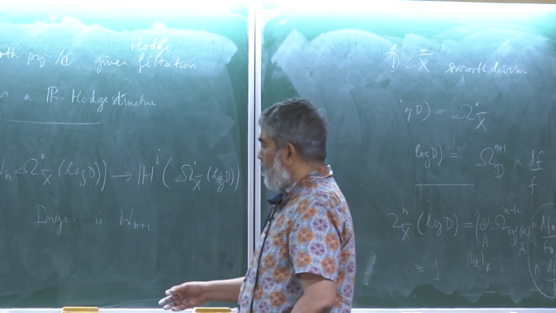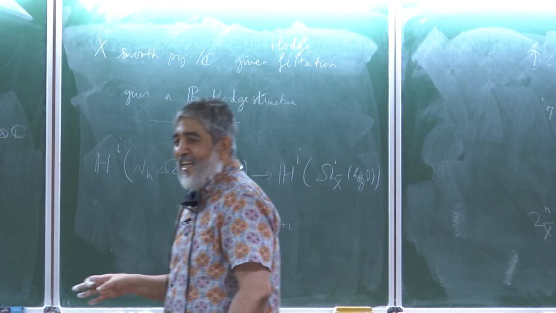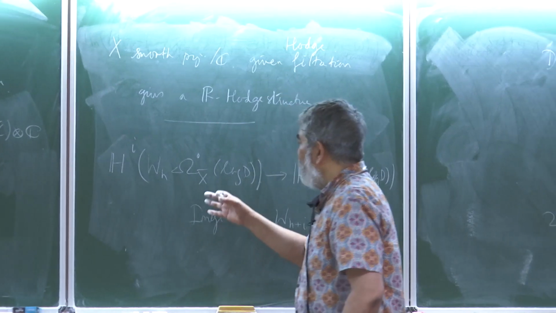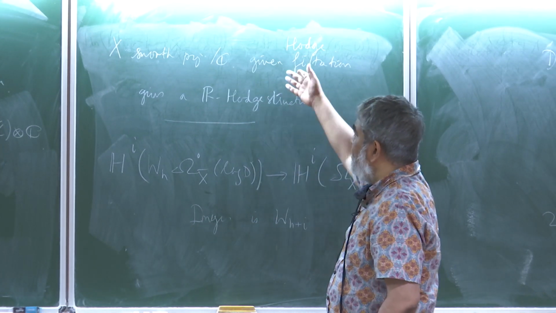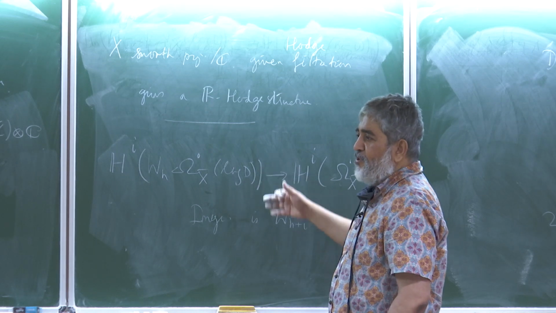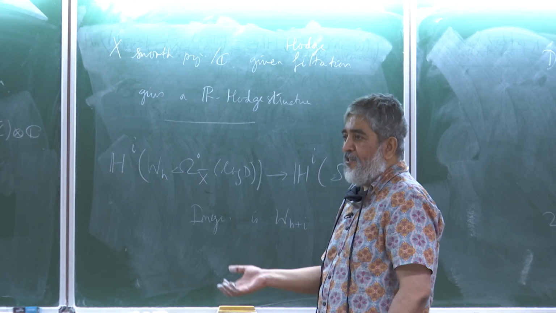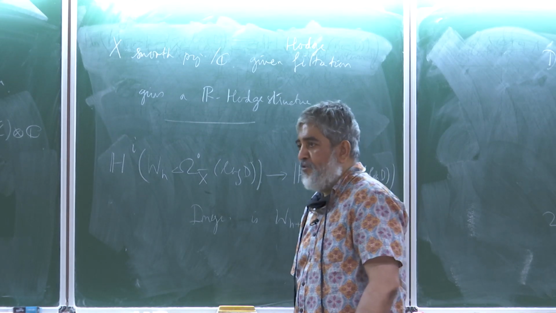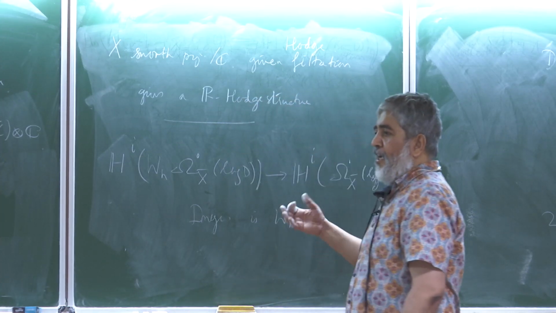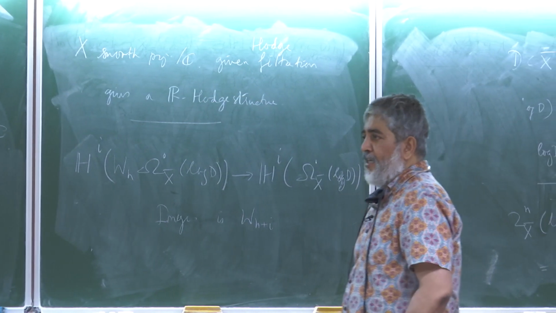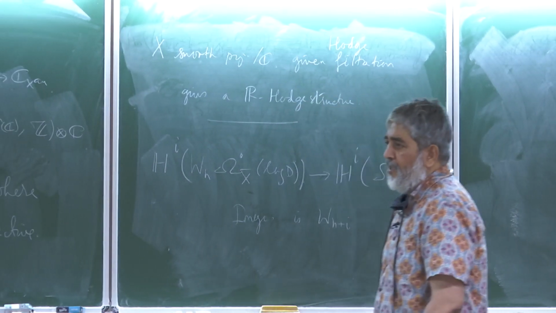Now, there are still some things which I am totally skipping. In order to apply this, you have to know that the associated graded will map to the associated graded. So some spectral sequence business will show up. You have to take the spectral sequence of the filtered complex and say that the maps are maps of Hodge structures and so on. All that will have to be done.